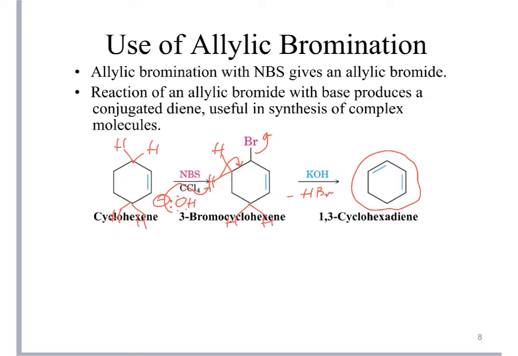In the case of an alkene where we have different types of allylic hydrogen atoms, for example, here we have 2 secondary hydrogens, and here we have 1 tertiary hydrogen atom owing to the presence of the methyl group on a tertiary carbon. Under the same reaction conditions, using N-bromosuccinimide with UV light as an activator, carbon tetrachloride solvent, and heat,